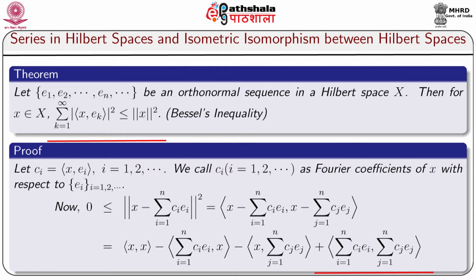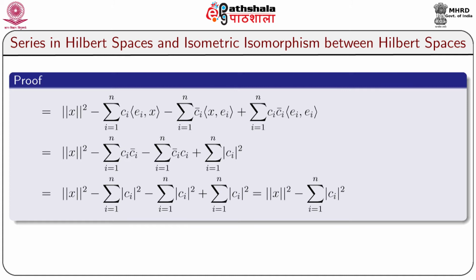plus inner product sigma i equal to 1 to n ci ei comma sigma j equal to 1 to n cj ej, which is equal to norm x square minus sigma i equal to 1 to n ci inner product ei comma x, minus sigma i equal to 1 to n ci bar inner product x comma ei, plus sigma i equal to 1 to n ci bar into inner product ei comma ei, which is again equal to norm x square minus sigma i equal to 1 to n ci into ci bar, minus sigma i equal to 1 to n ci bar into ci,